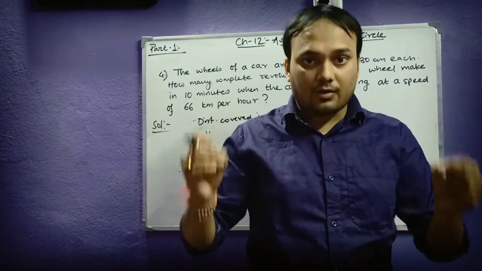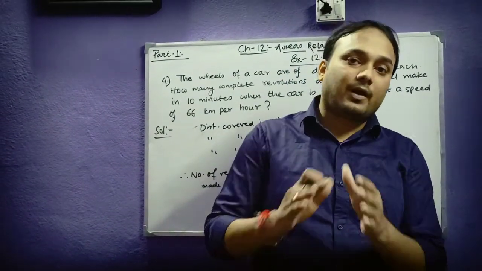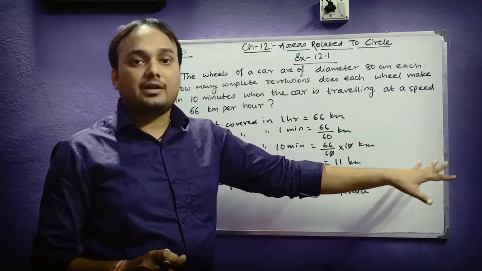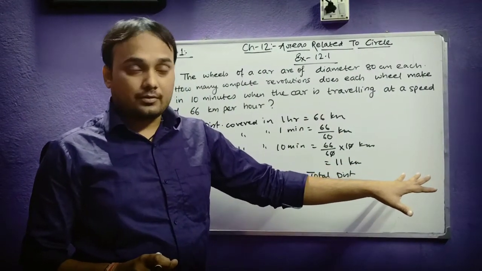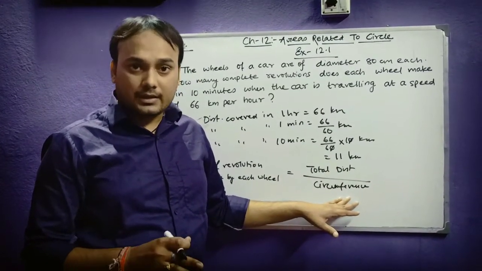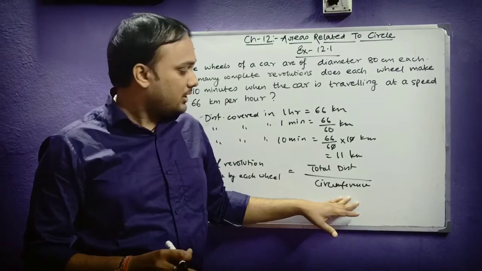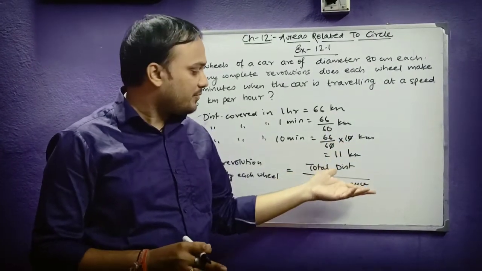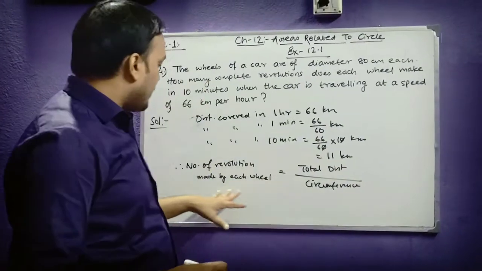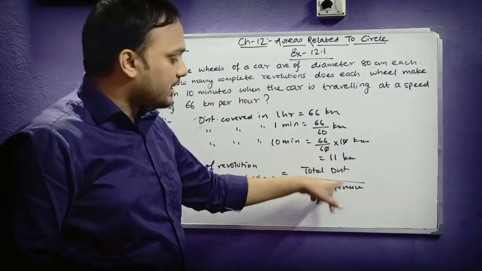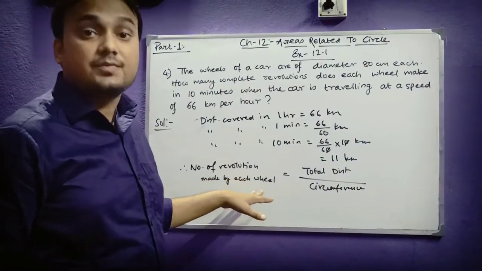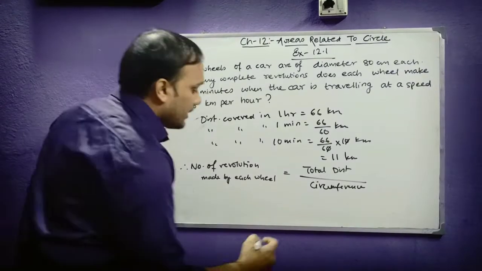outer dimension of the circle, we need to divide that total distance by the circumference to get the required number of revolutions. Okay, since circumference is also a distance covered only, is expressed in the form of meter, and total distance is also expressed in form of meter or kilometer whatsoever, we will finally get the number of revolutions. Because both are the same units, they will cut upon each other and we will get an answer of number of revolutions which is unitless. So total distance is 11 kilometer.